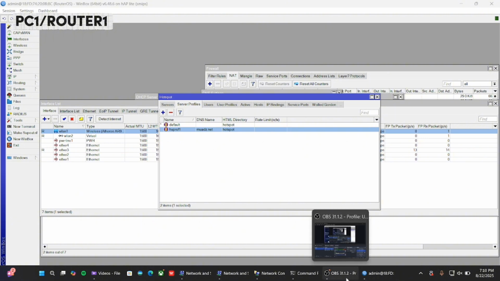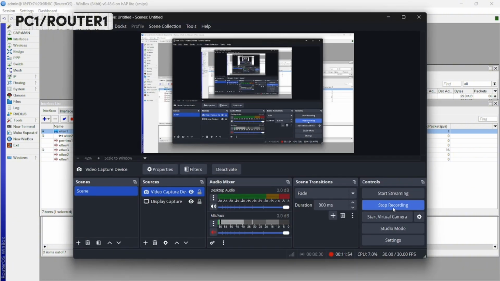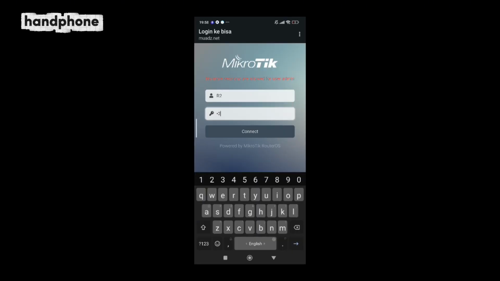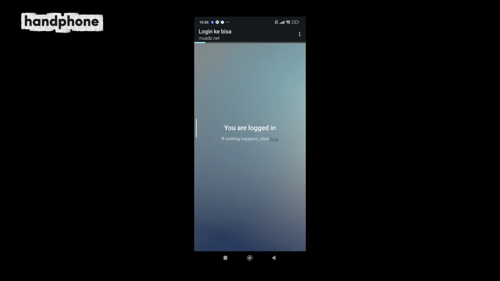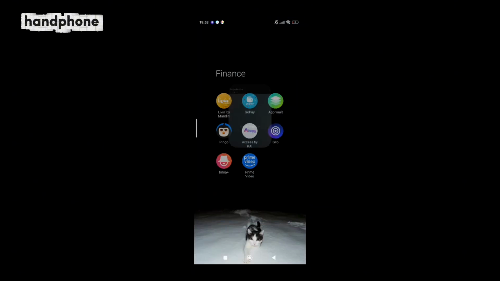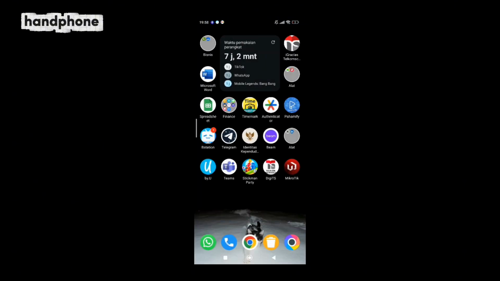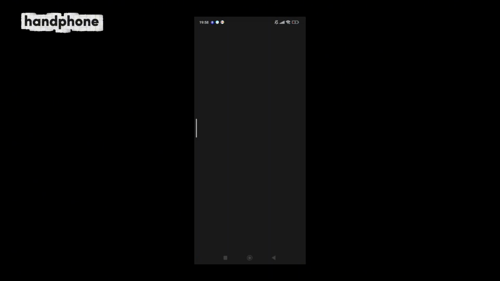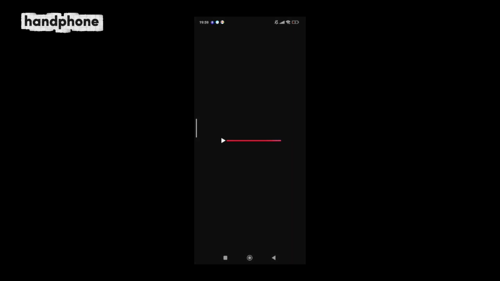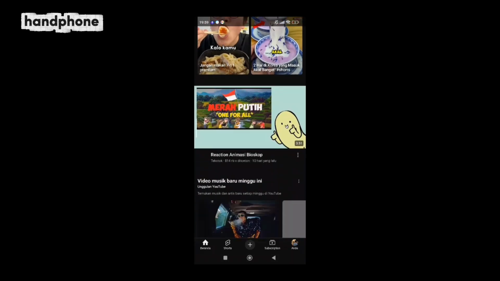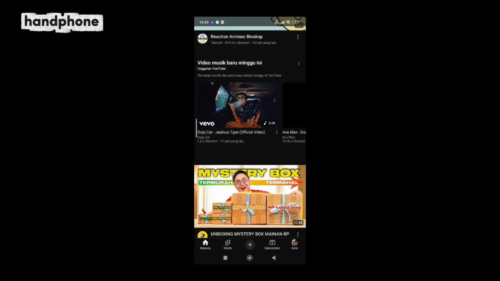And next, setting PC2. Next, I will check if the handphone connects and has internet. The result was user logged in, and I want to check one application, YouTube. Okay, my handphone has a connection.